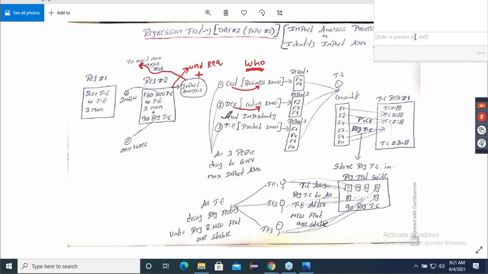Most importantly, guys, it is the job of the test engineer to do the impact analysis based on product knowledge, because already I have worked on this application last year. I know which module is important, where the dependency is there, because I've done functional testing, integration testing, system testing. I know the dependency between the modules. I know that if you're modifying compose, it may affect the inbox, sent items, and other modules also. So most importantly, it is done by the test engineer based on product knowledge.